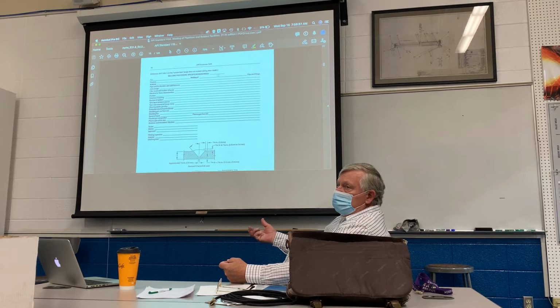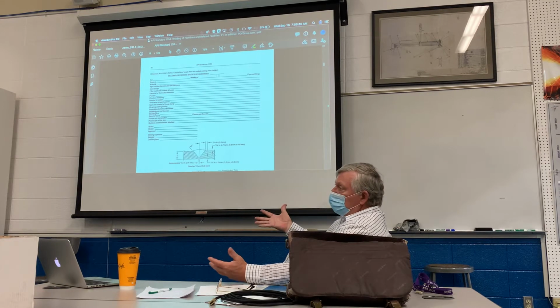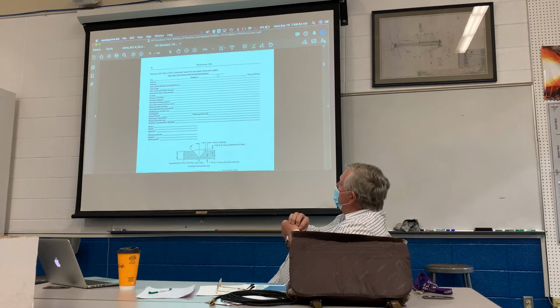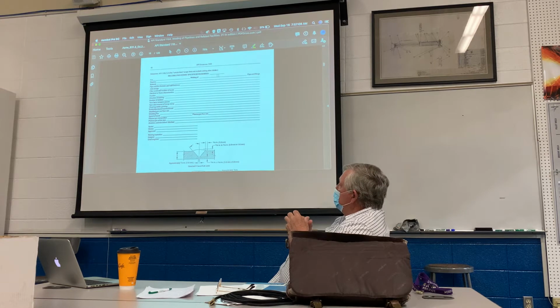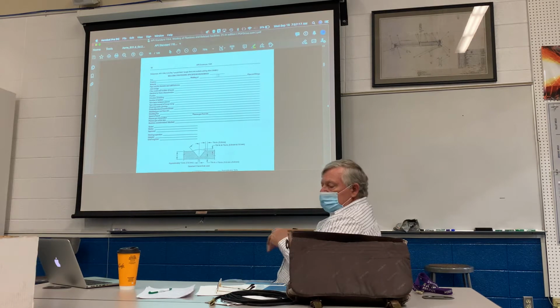They're only listed. So you can Google them, or you can buy them, or you can find them online somewhere. The AWS A5.1 specification, you can find it. It's a fairly long document, I think about 70 pages long. But you will find more engineering data in that other specification. So do you feel like you could fill one of these out? At least that big long section of descriptors,